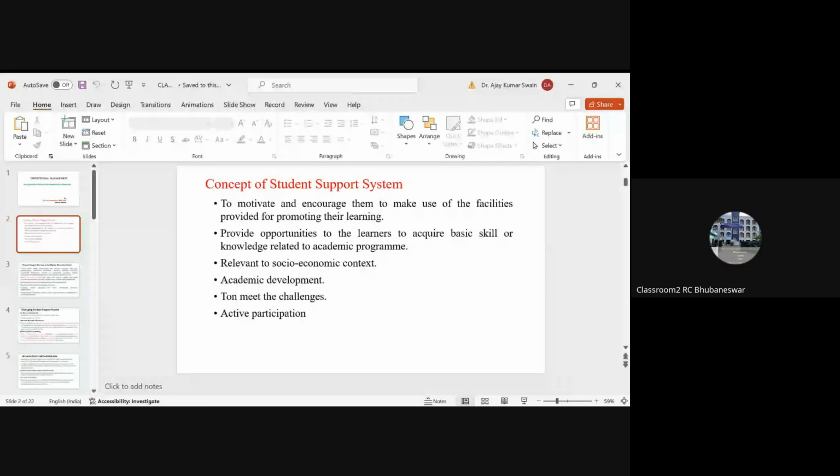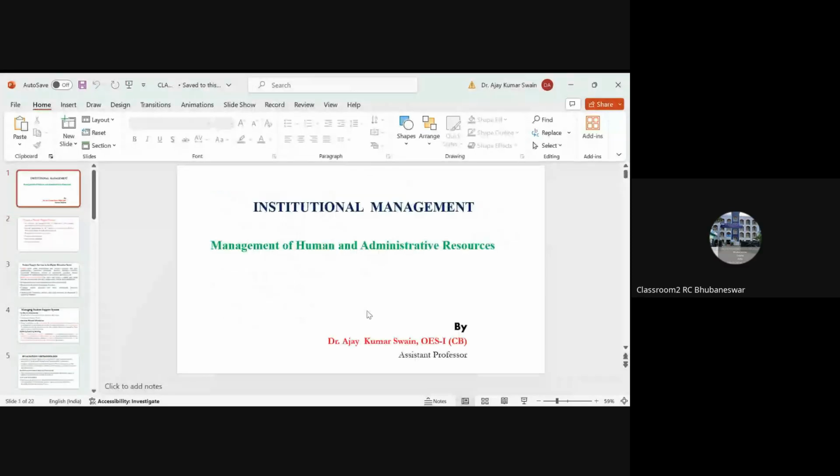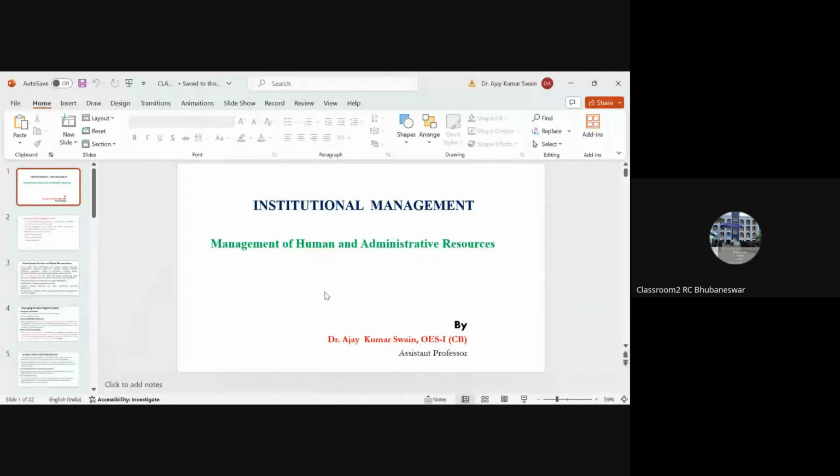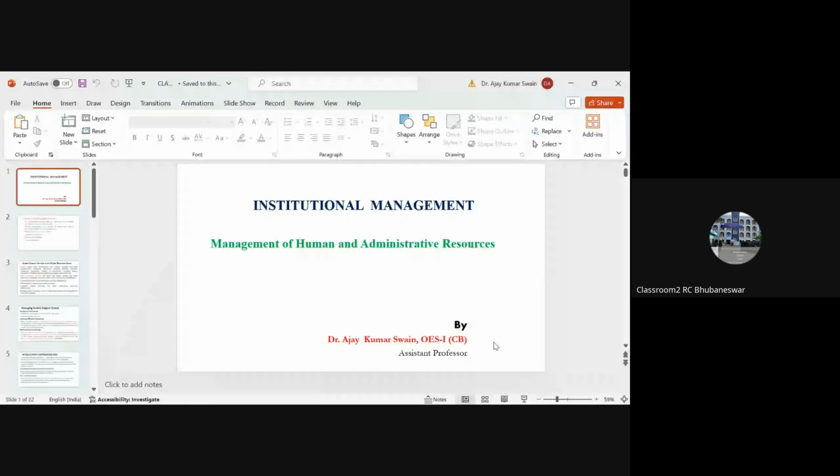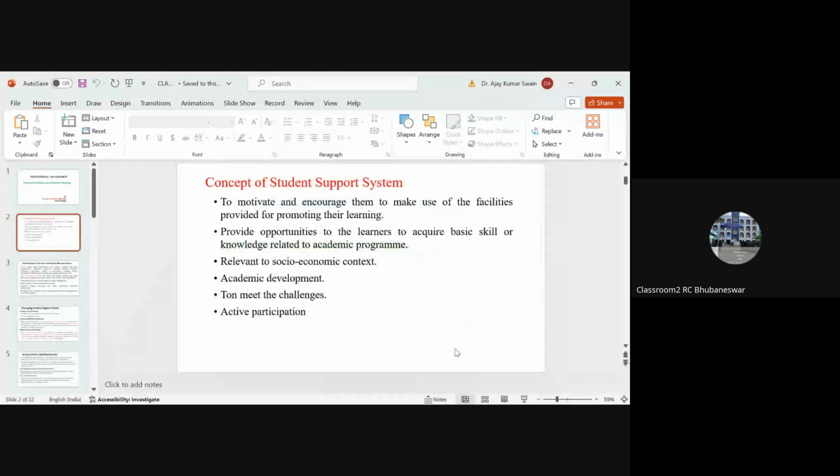Today we'll discuss institutional management. Under it, management of human and administrative resources. Two resources are there. One is human resource, another is administrative resource. So the first one is